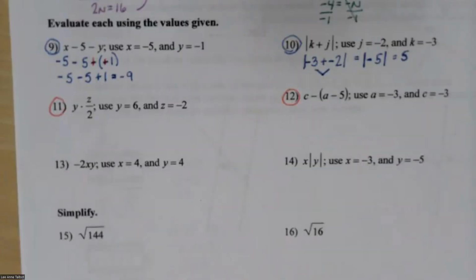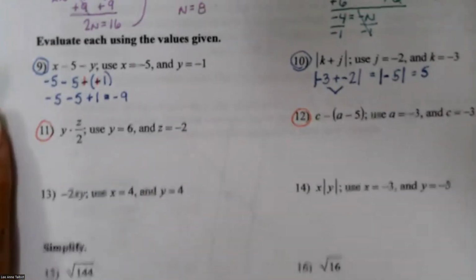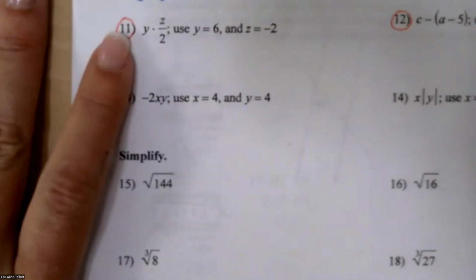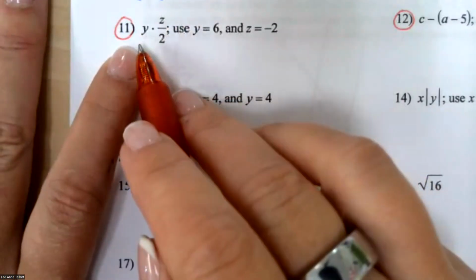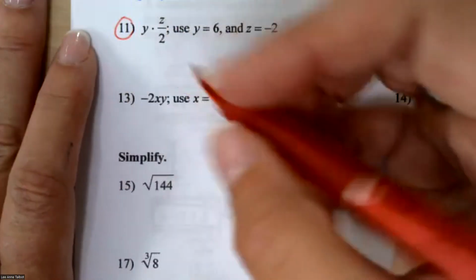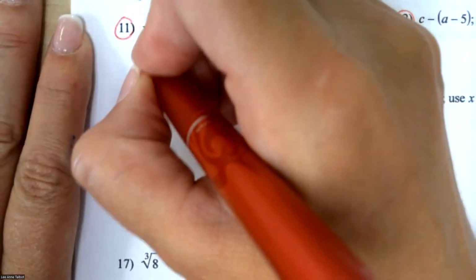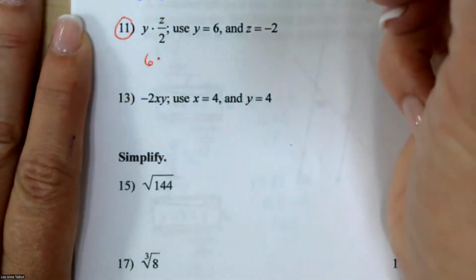Please make sure you guys have the right answers. Okay, so to start with number 11. You guys know what the dot means? Multiplication, perfect. Okay, so 6 times